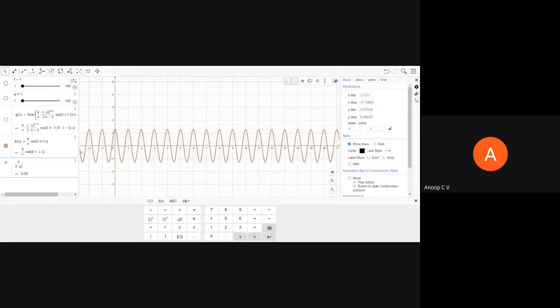Please help me out, right? 4 by 3 pi. In fact, it was negative, right? Second term was negative or positive? It was negative. So minus 4 by 3 pi, right, times cos 2 pi times 3 times, or else I should have directly written 6 pi, but I'm writing it like this for you to understand.